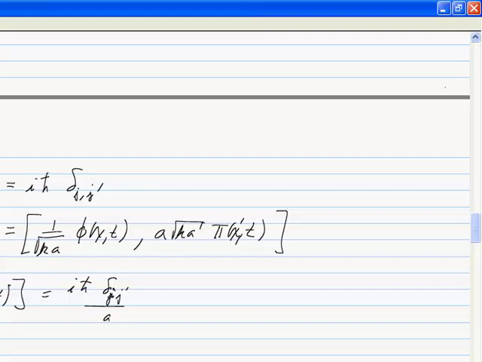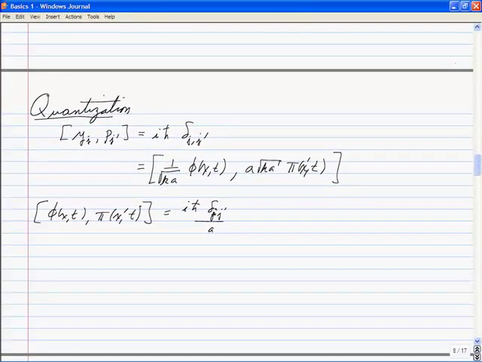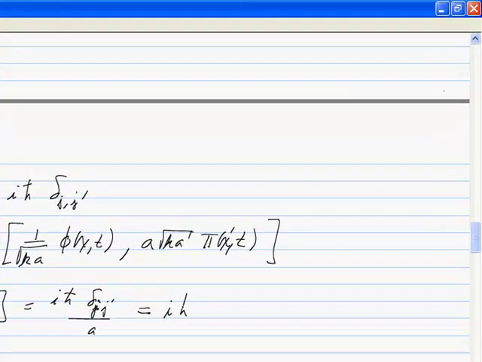Now, you can sort of see the delta. This is going to come out as a Dirac delta function, as the continuum generalization of that. So let's just talk it through first. For small a, let's imagine taking a goes to 0 now. If j is equal to j prime, this goes to infinity. If j is not equal to j prime, it's 0, so that sort of looks like it might be a good delta function. And it is. Let's just write it here so we have it. It's IH bar delta of x minus x prime. That's the continuum generalization of that. Now let me just do the correspondence.